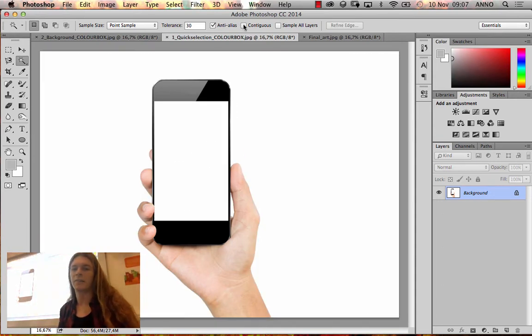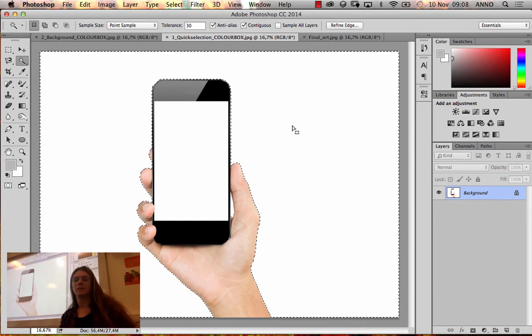So I'll set my contiguous to on, meaning that if another tone or another color is in the way, it will stop selecting. So since there's not white at this edge, it's gonna stop selecting the white inside of here if I click outside. So I'll click out here,